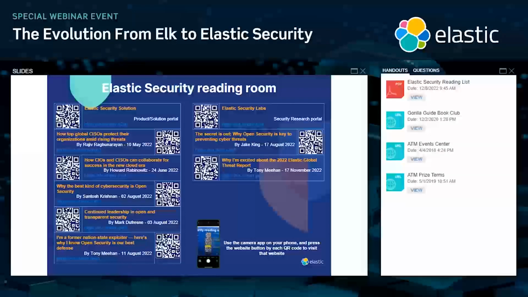He wants to know, does this require its own agents installed on endpoints, or can it ingest data from other EDR tools like Microsoft, which may already be installed? Mateo, you want to take that one? Yes, I can take it. So Elastic Security provides Elastic Agent, and as Joe demonstrated, you can enable the Elastic Defend integration to turn that agent into a sensor for the endpoint protection and EDR use cases.